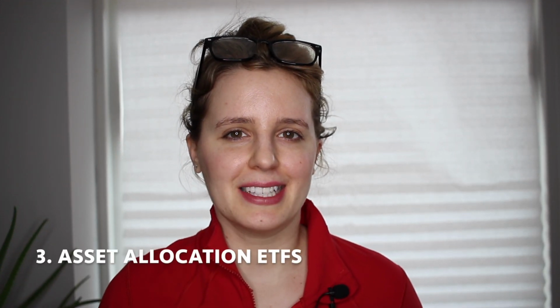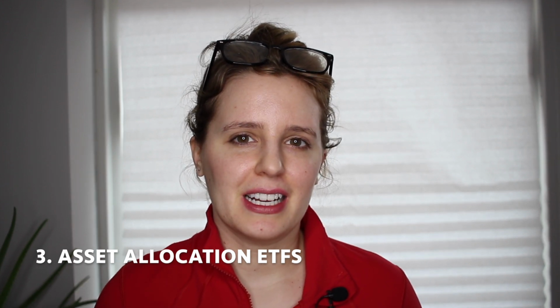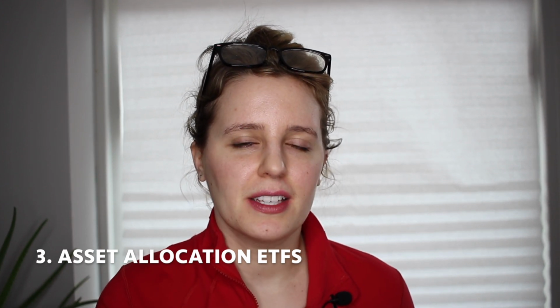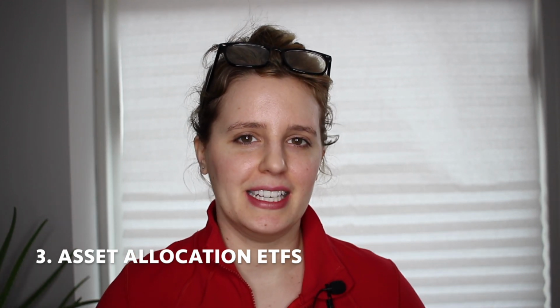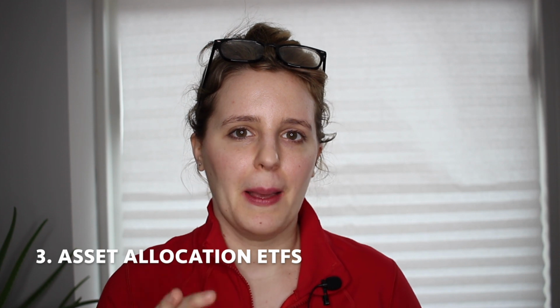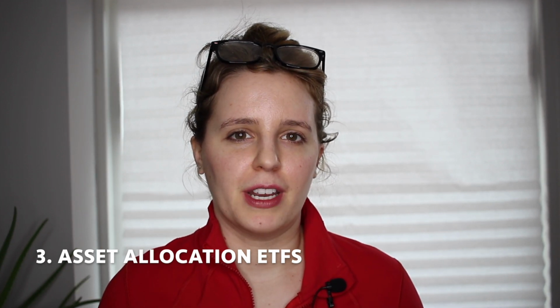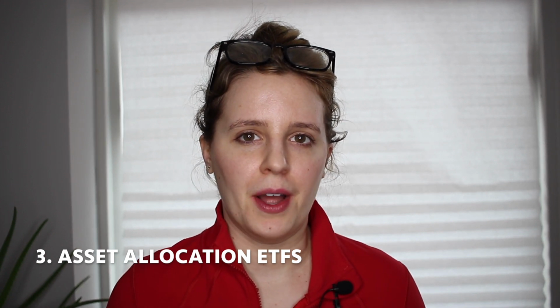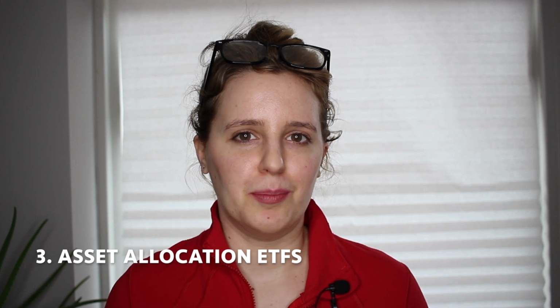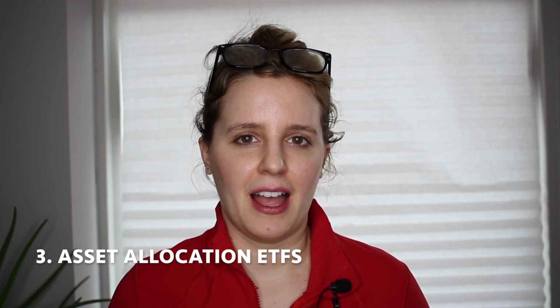The third way to invest with Vanguard is using asset allocation ETFs. Now, where a regular ETF is a collection of many stocks, you can think of an asset allocation ETF as a mega ETF. Within it holds many ETFs. And the purpose that they've created this for is for it to be a one-stop shop, an all-in-one portfolio encompassing ETF. So they do have a couple of these asset allocation ETFs, and the point of them